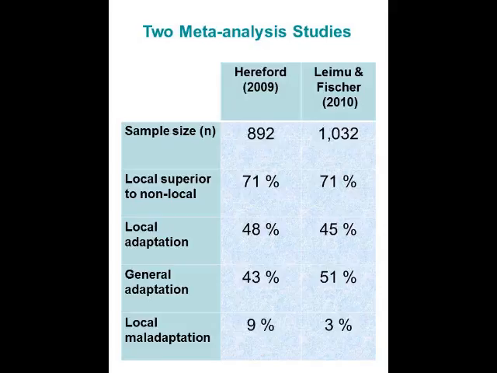And so these two papers, Hereford in 2009, Leimu and Fischer in 2010, they went to the literature and found all kinds of studies, as many as they could find that met their criteria, where these kind of data, multiple plant materials at multiple sites, had been recorded. And so they came up with a pretty large sample size. The first one had 892 one-on-one comparisons, A versus B comparisons. Leimu and Fischer had over 1,000. But in both cases,